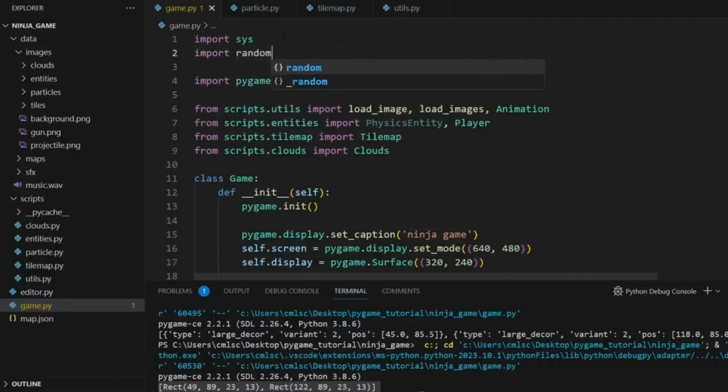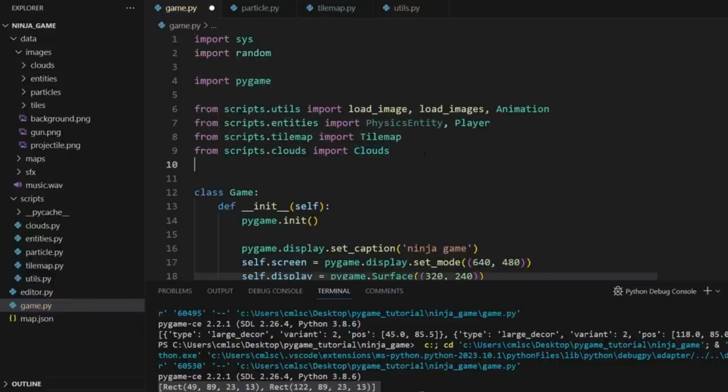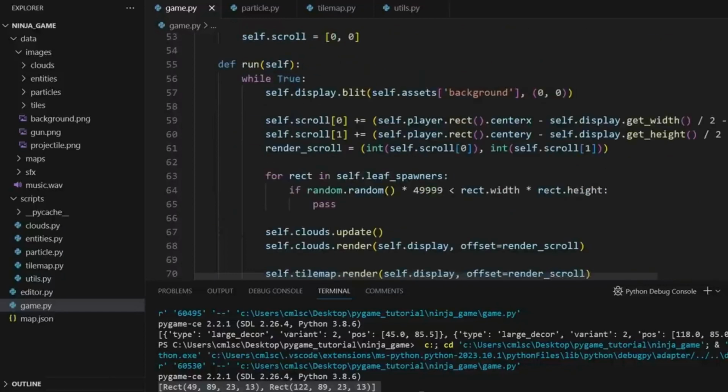Import random, and then we also want our particle. So from scripts.particle import Particle. If you're unaware, random.random is just a random number between 0 and 1. It's a floating point number, so it could be like 0.25 or something. And then we're just multiplying it by this and then checking it to see if it's less than the pixel